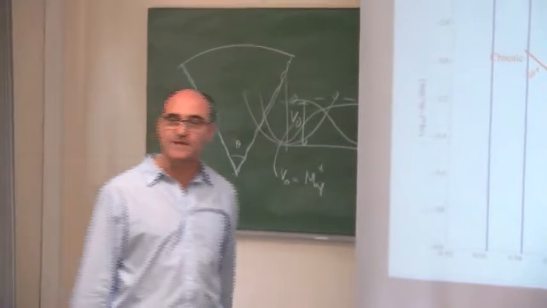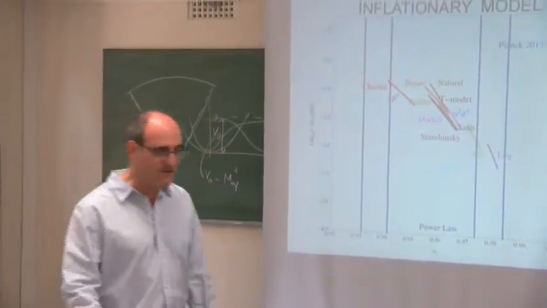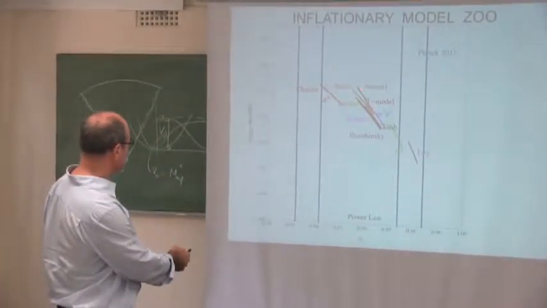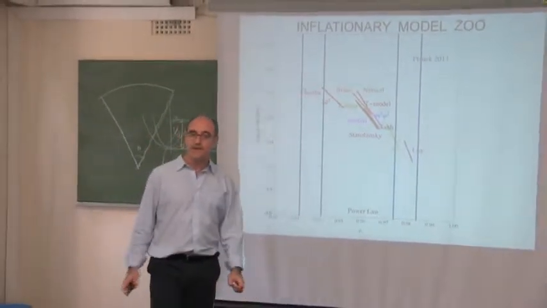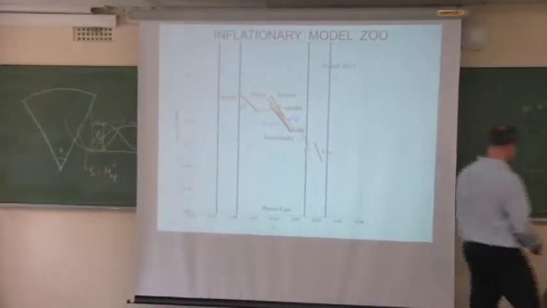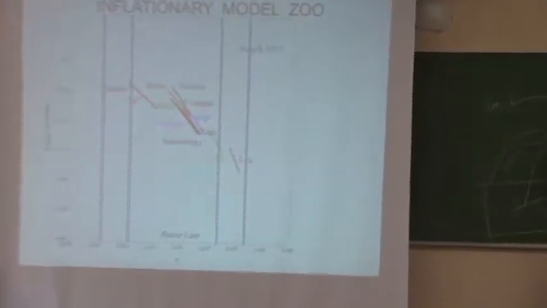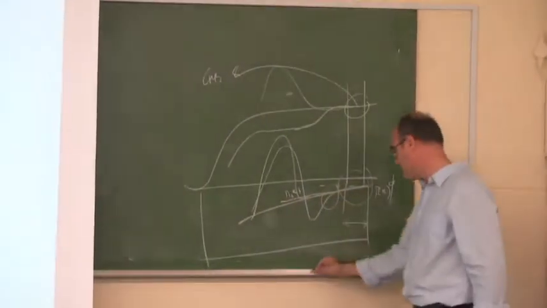So it's really unlikely to make a model where you'll be far outside that. It's perfectly viable where the variation of n_s is much faster than what you get from here. It is possible. For instance, these models I was discussing with such a plateau. You will do this, so you will already see very fast change.